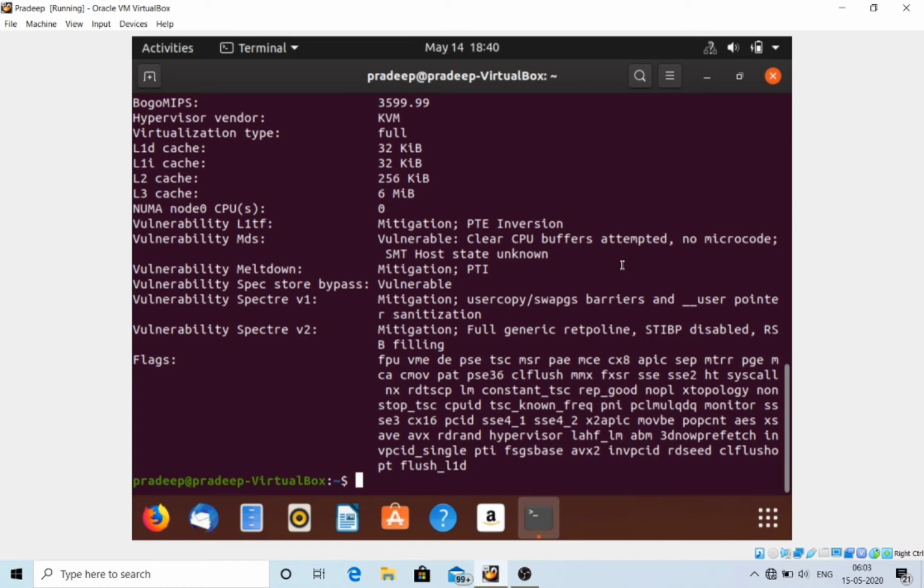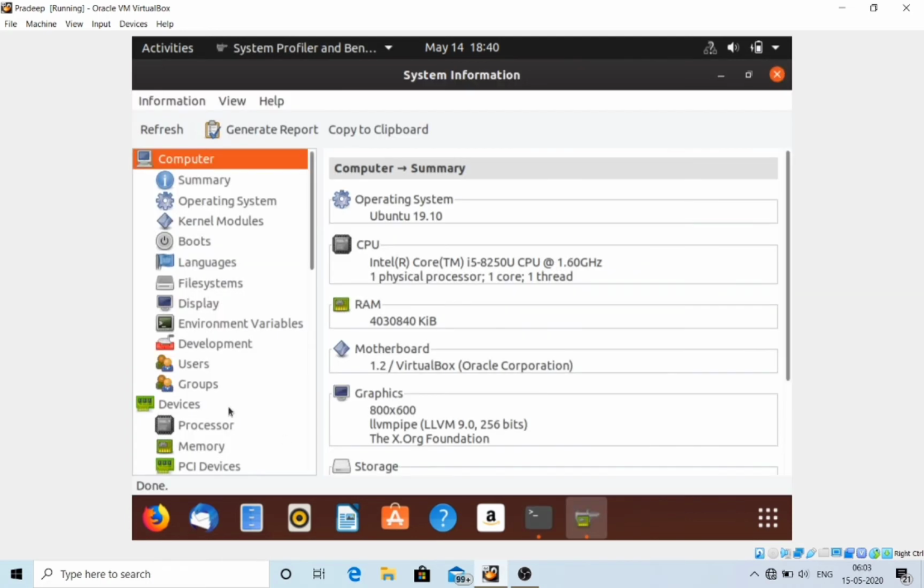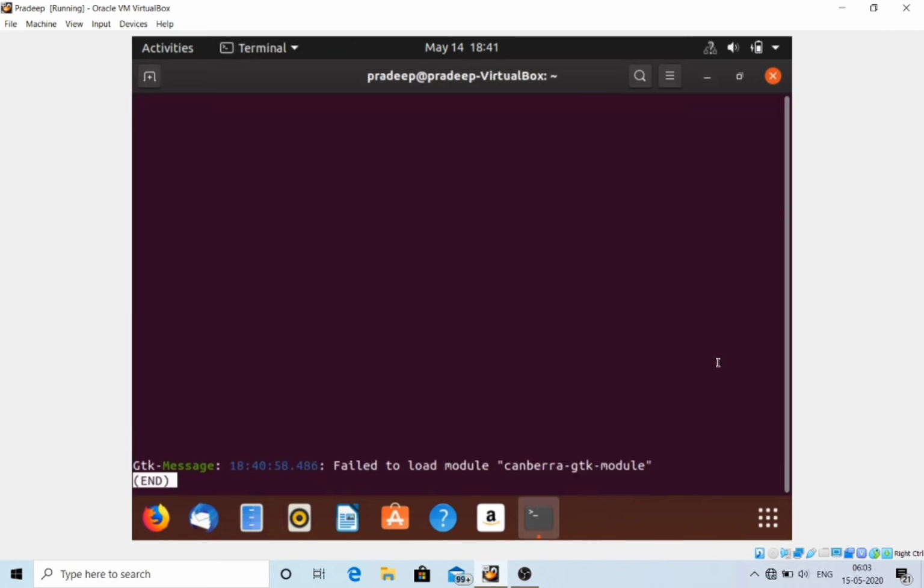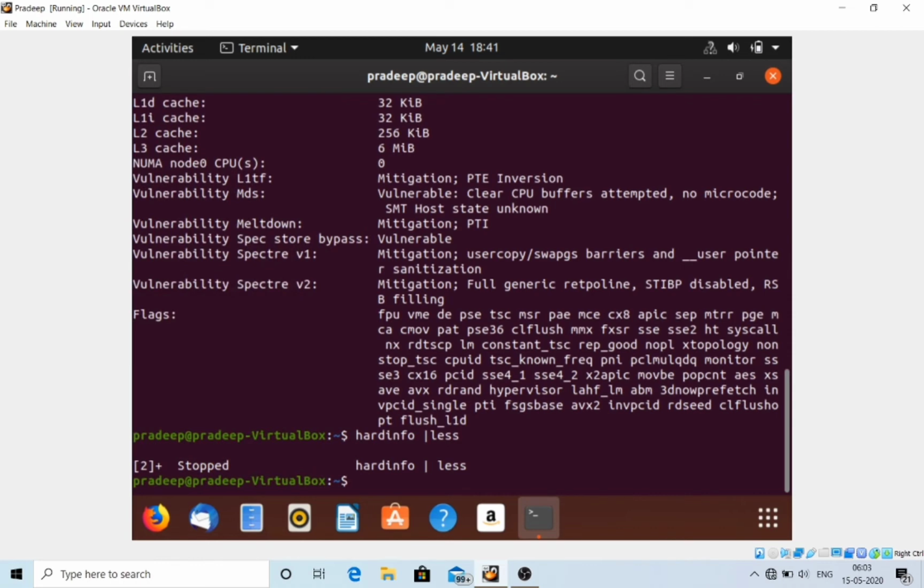So we have to type hardinfo | less, and you can see here the complete information: summary, operating system, kernel module, complete hardware information of the system. And coming out from this we have to press Ctrl Z.